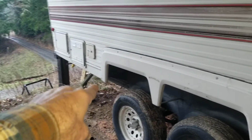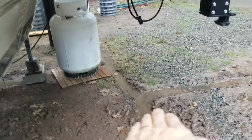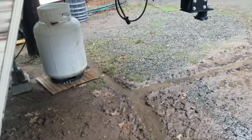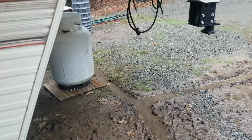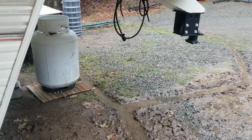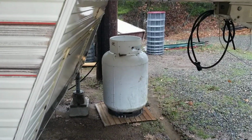What I'm going to do is build a skirt underneath the whole thing, and underneath this with the big door right here, and I'll be able to pull my quad right under here and lock it up, and then probably have the dog house next to it for Gibbs, and that way we can keep the wind from blowing under it. And I'll have the 70-gallon tank,